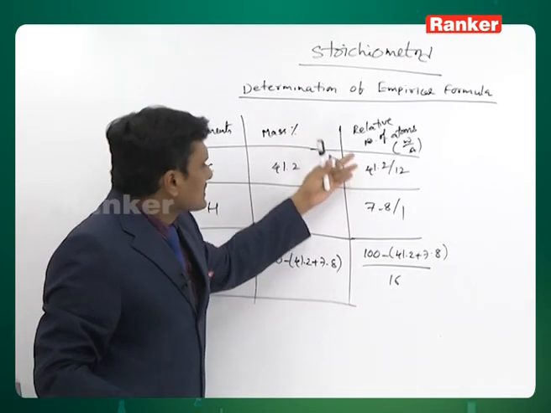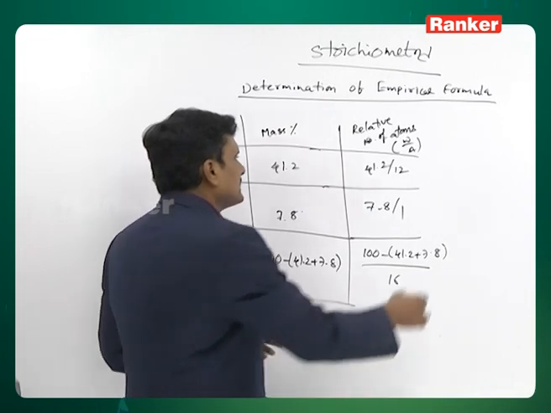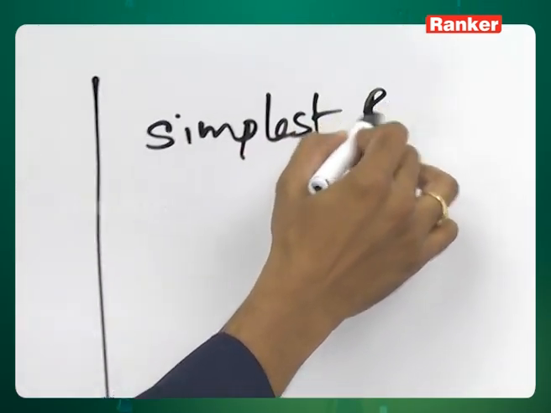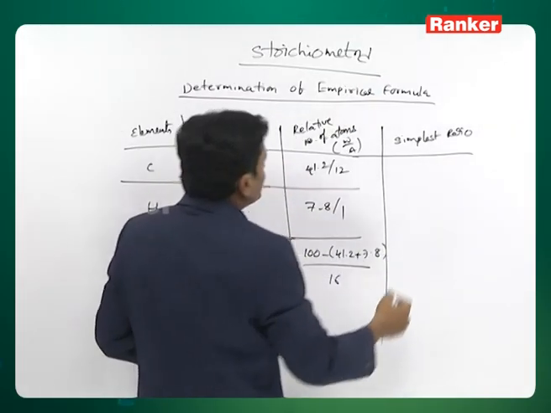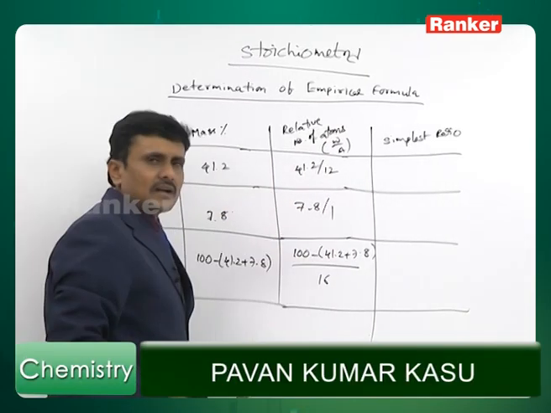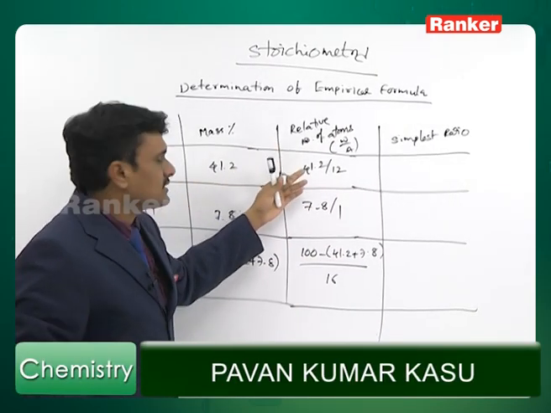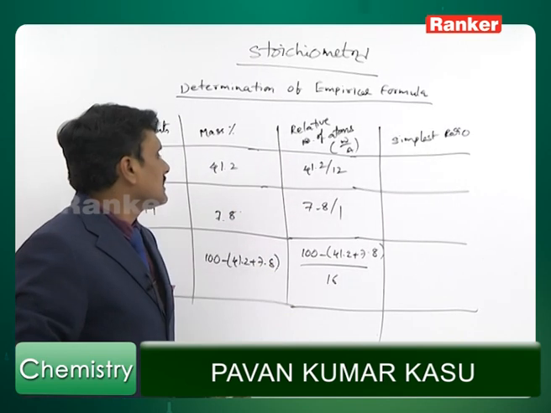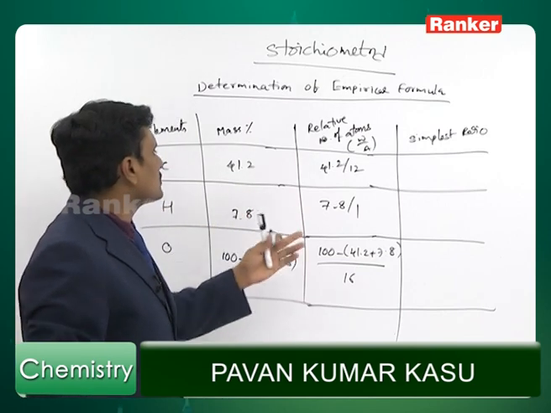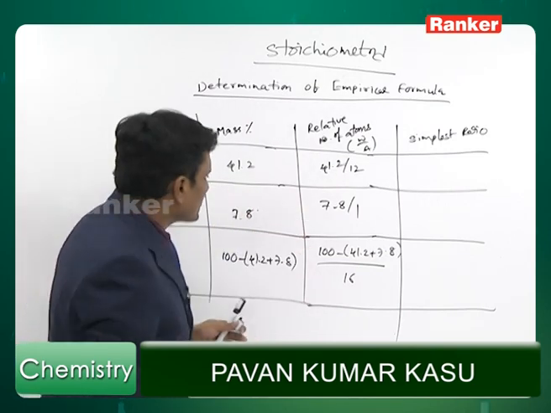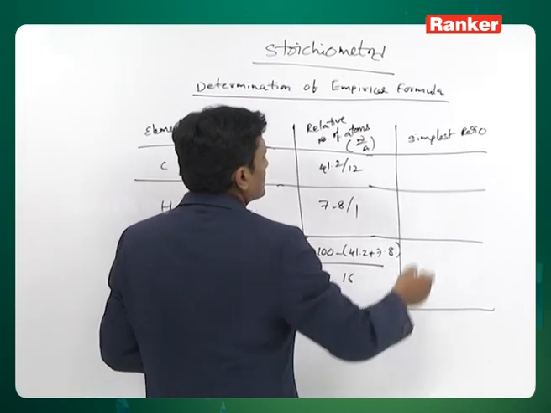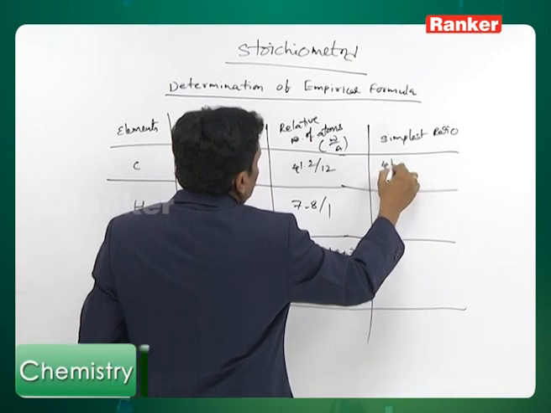After finding out the relative number of atoms, we have to find out the simplest ratio. You have to take the lowest value among the first three and divide the values by the lowest value. Whatever turns out to be lowest, you have to divide with that. For example, this value may turn out to be less, or else if this is less,